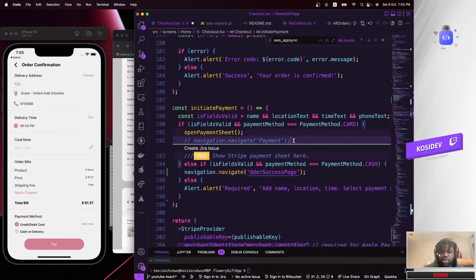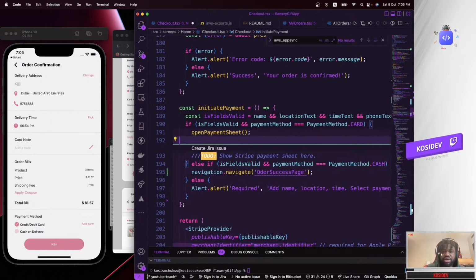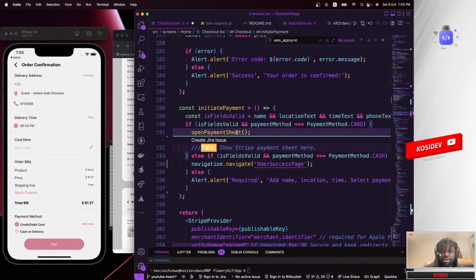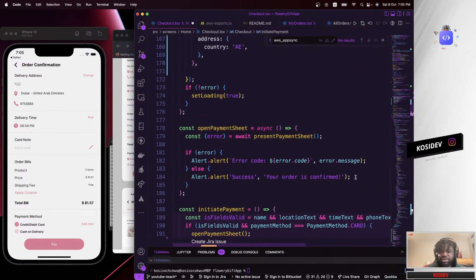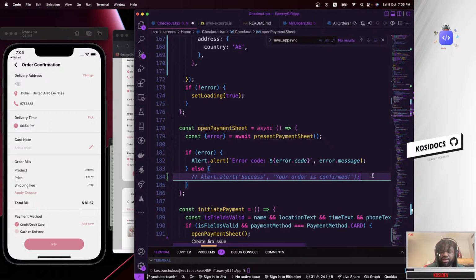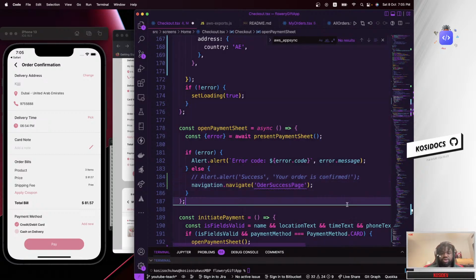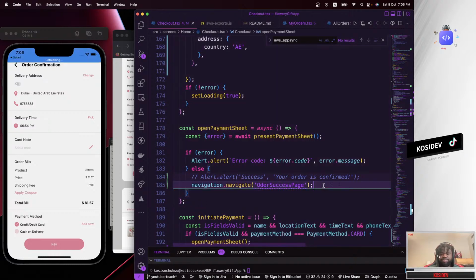And if the user wants to pay with a card, we open a payment sheet for them to input their payment details. Next, if the order is successful, we don't need to show them any alerts. We just navigate them to the payment order success page.